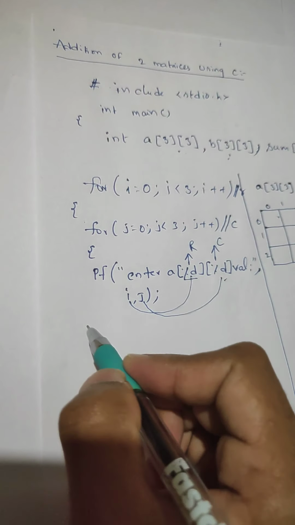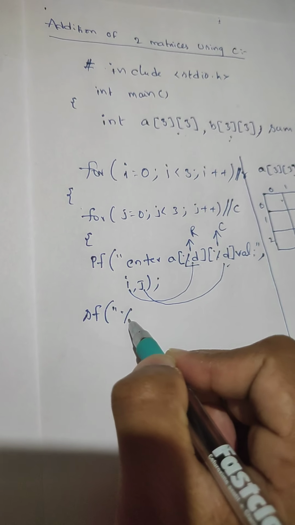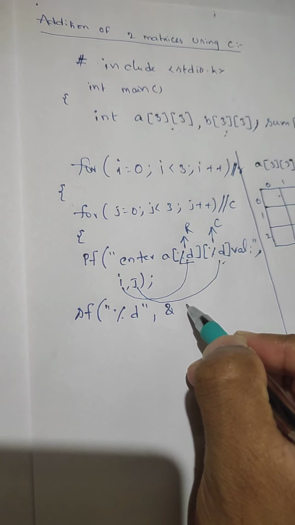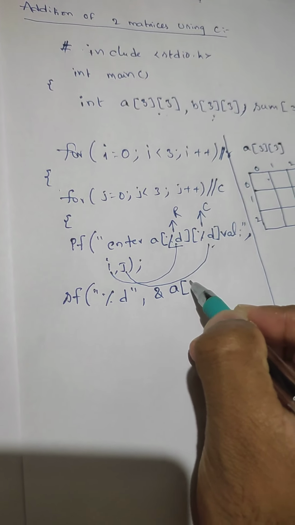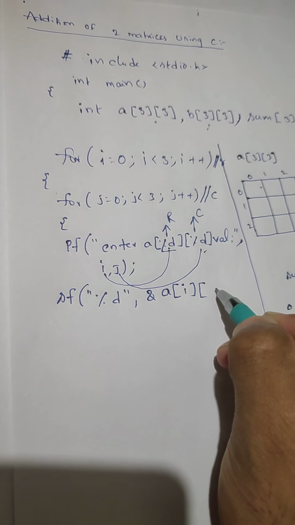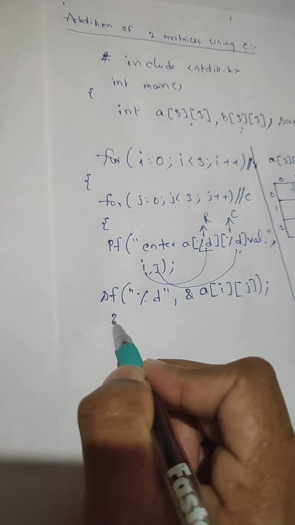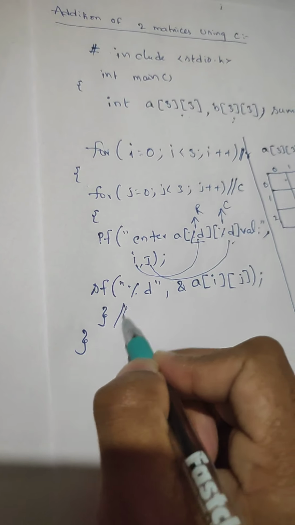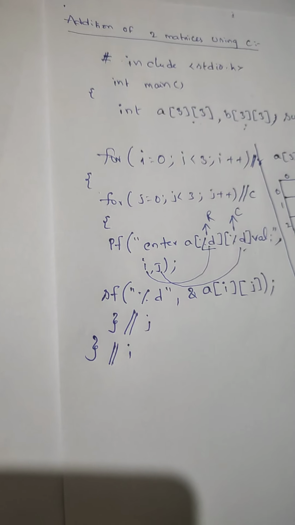After printing this statement, we read the values with the help of the scanf function. %d, next ampersand, then the name of the array. The two-dimensional array name is A, first row variable is i and column variable is j. Next, close the inner for loop and close the outer for loop.